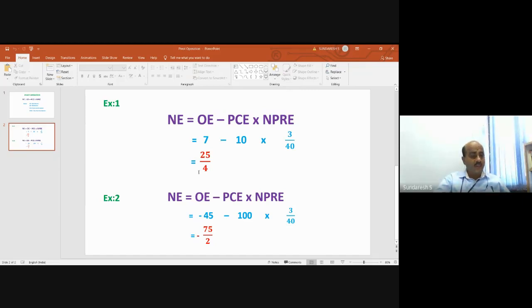In the similar way, I will explain another one, which is in the cost coefficient row. I will explain how you get minus 75 by 2. Please make a note of this and write it down on your sheet of paper. For calculating the first new element of the cost coefficient row, again the same thing. The old element here is minus 45. You can see it in the previous table.